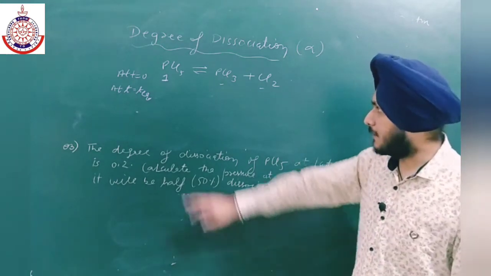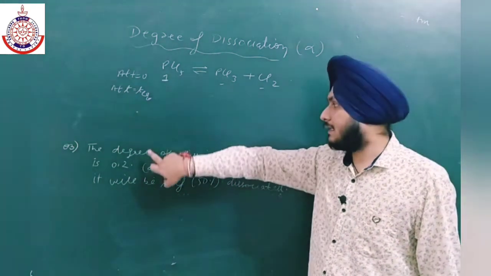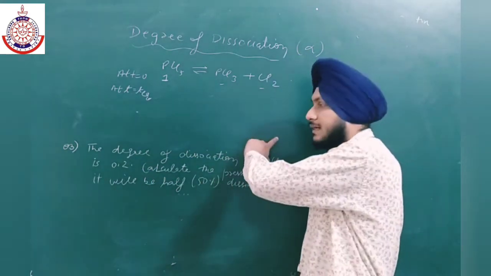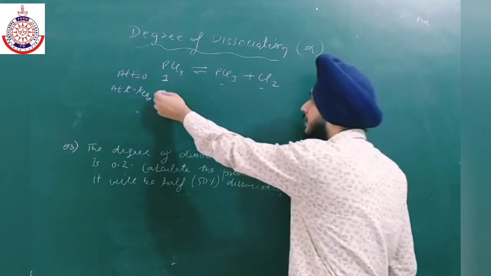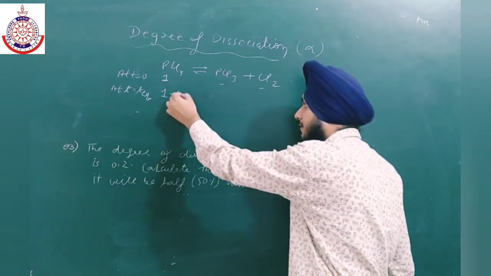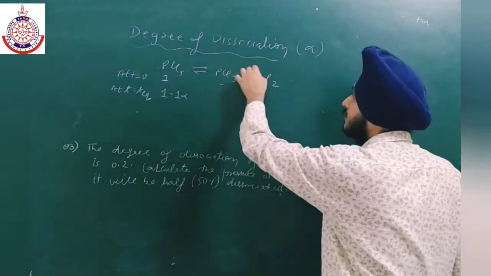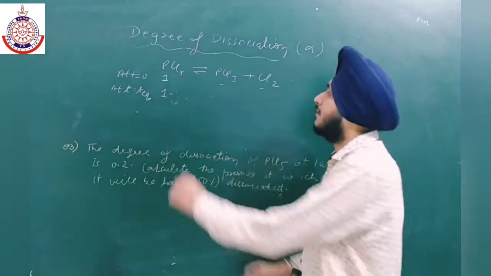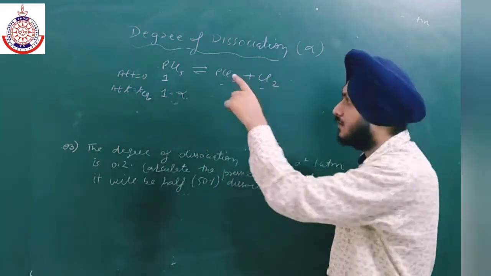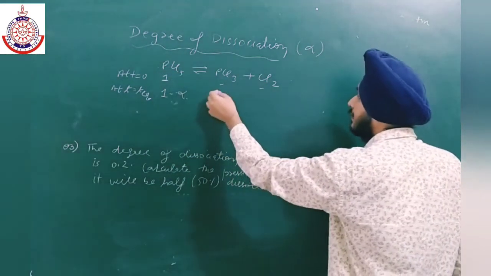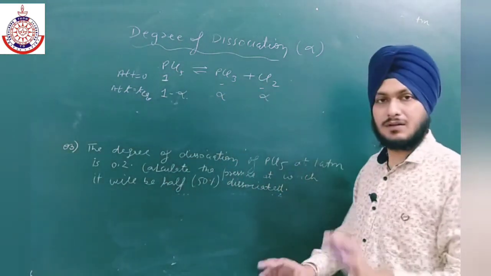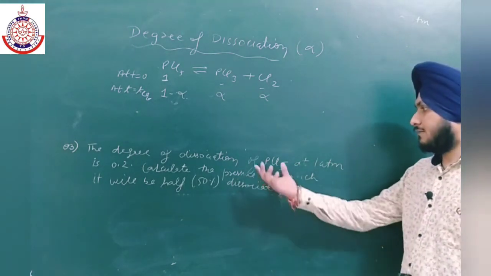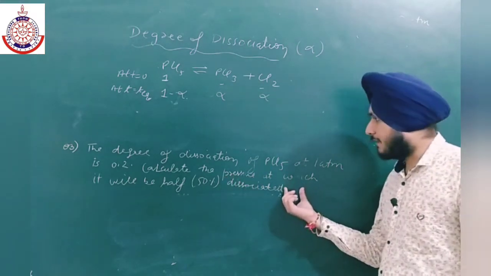If the total number of moles is 1 and the degree of dissociation is alpha, then how many moles are dissociated? Simply multiply 1 with alpha. So out of 1, how much broke? 1 into alpha, and the ratio is 1 to 1 to 1. So 1 alpha, or simply alpha. If alpha broke and the ratio is the same, then alpha will be formed. Is it clear?